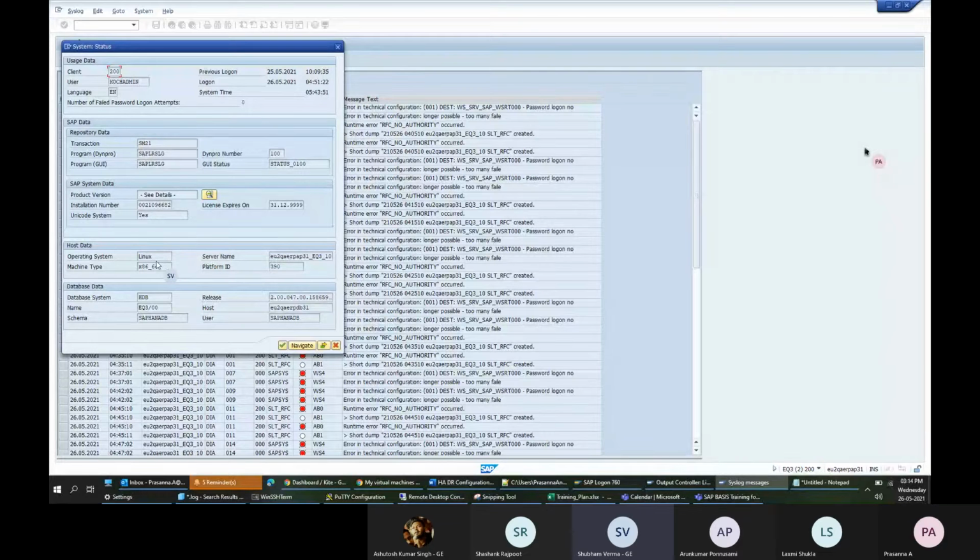So here the operating system is Linux and the server name is given here, and the database data is given in this part, system DBS. HDB means it's HANA database.